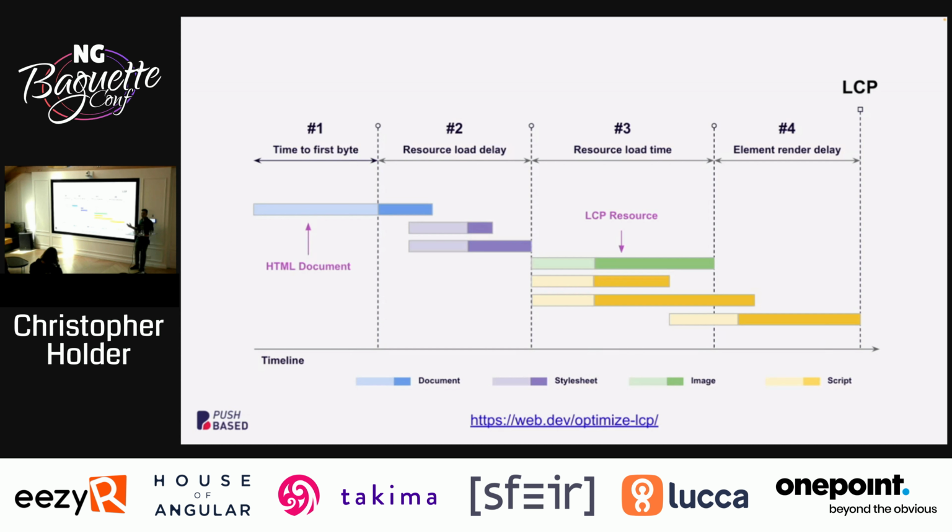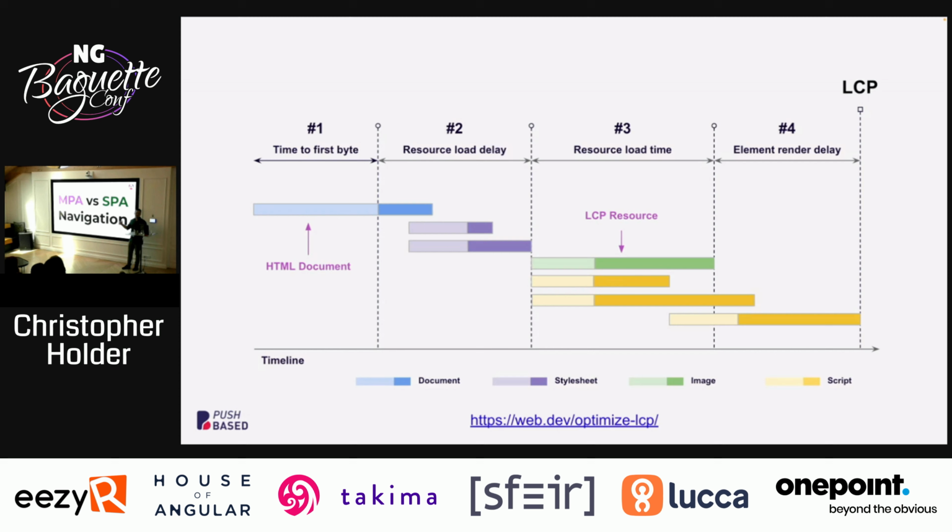You can have a large piece of text or any other piece. And finally, usually the smallest part is the element render delay, which is just that last part when you already have the content and you want to go ahead and display it on the actual screen. But you might already notice something here. I'm talking about next navigation. And this doesn't really work because I'm talking about the time to first byte,